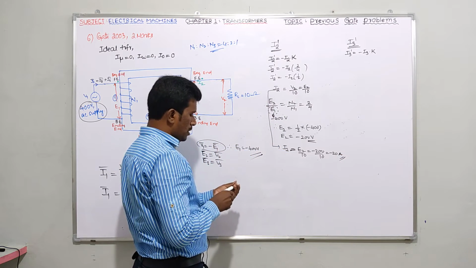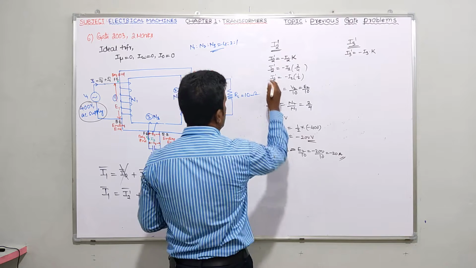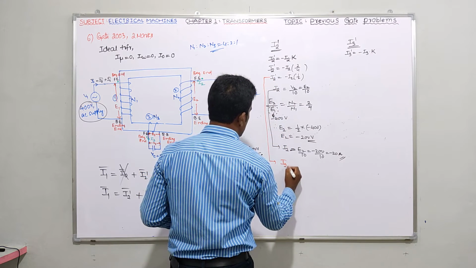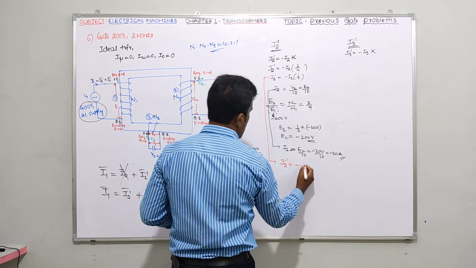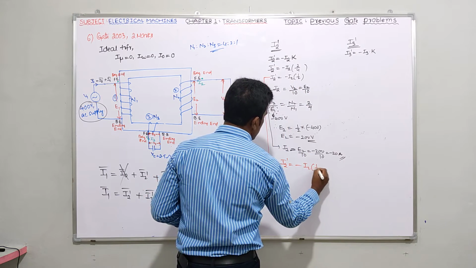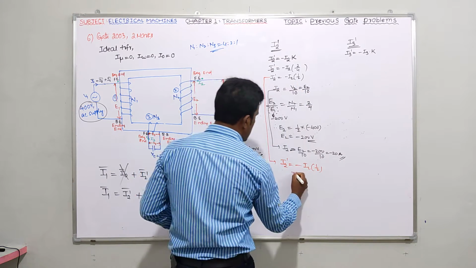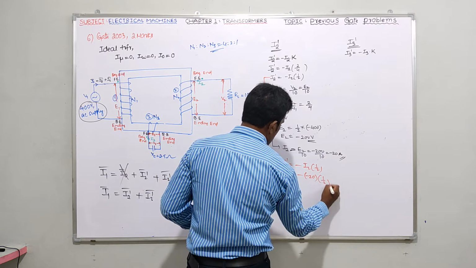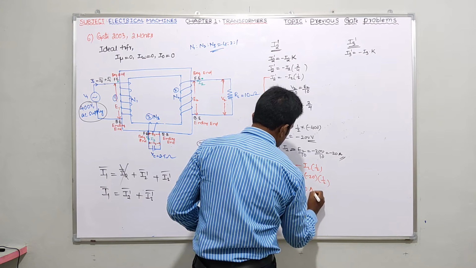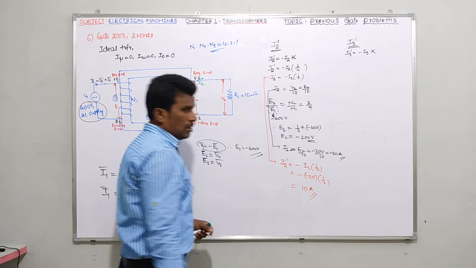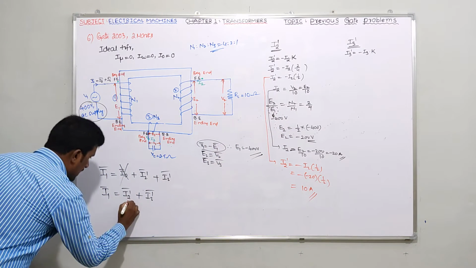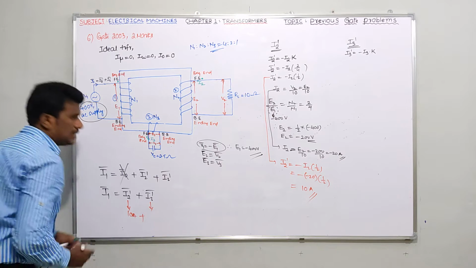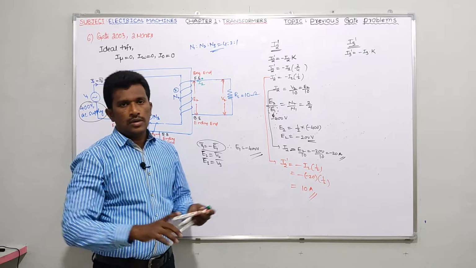But what should I know? You should know I2 dash. So I2 dash equals minus I2 into 1 by 2 is the relation. Minus I2 means minus 20 into 1 by 2, what is this value? 10 amperes. Yes or no? So I got I2 dash as 10 amperes. Now I have to find only I3 dash. If you are able to find the I3 dash value, your answer will be complete.